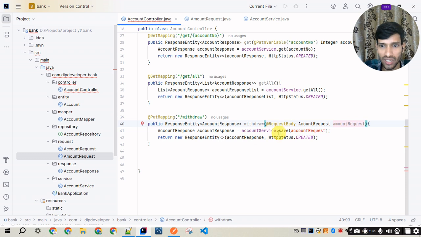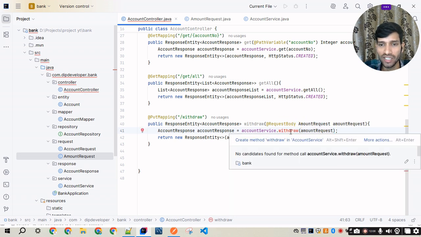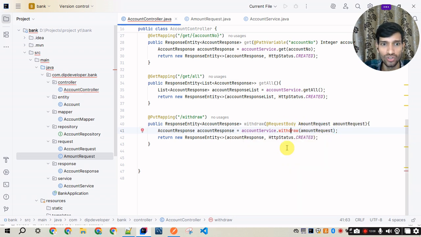So this is fine, and we can create one withdraw function. Account request is passed in the withdraw function. The withdraw function is not created, so let's go and create this withdraw function